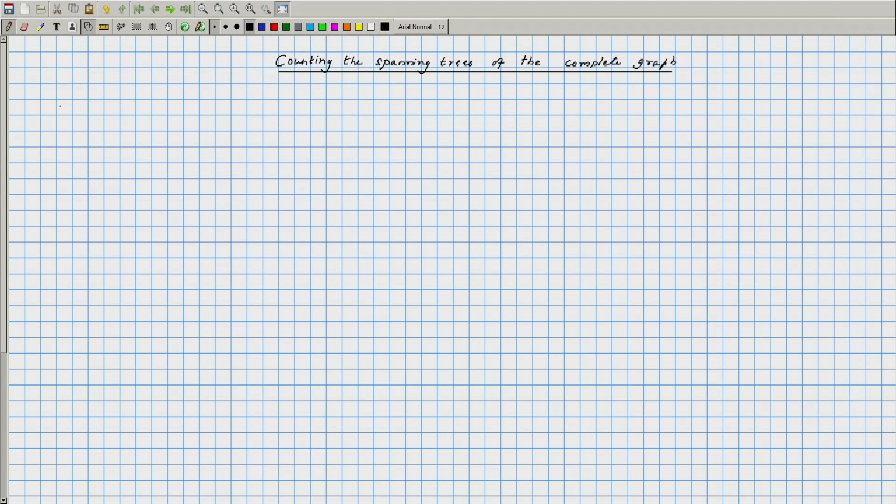In today's lecture, we will learn about counting the spanning trees of the complete graph. So, let us understand what this means. We have talked about spanning trees before. Suppose G is a graph, a spanning tree T should satisfy two conditions. The first condition being